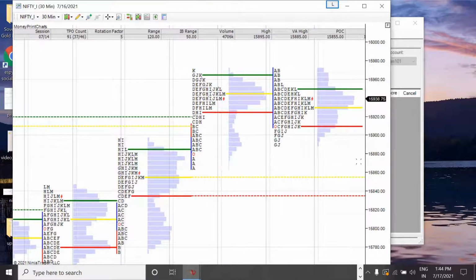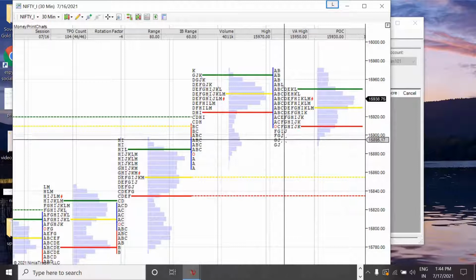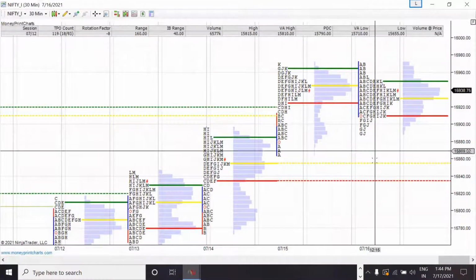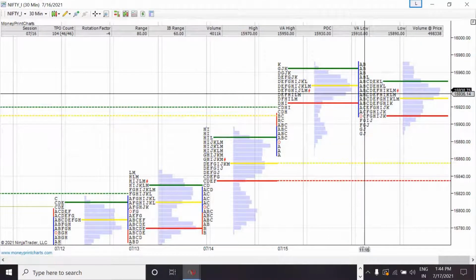Now the data we have seen, like initial balance, value area high, value area low, all this data will be visible on the top. Whichever day you are pointing to, those data will automatically be shown. For example, IB range is 60, range of the day is 80, and value area high, point of control, value area low, all this information will be visible on the top.